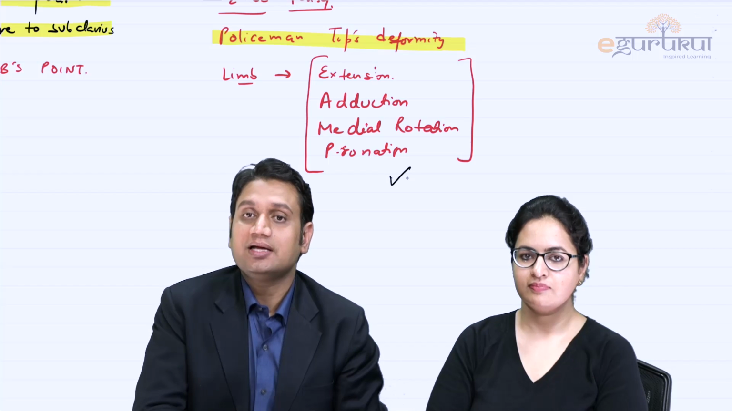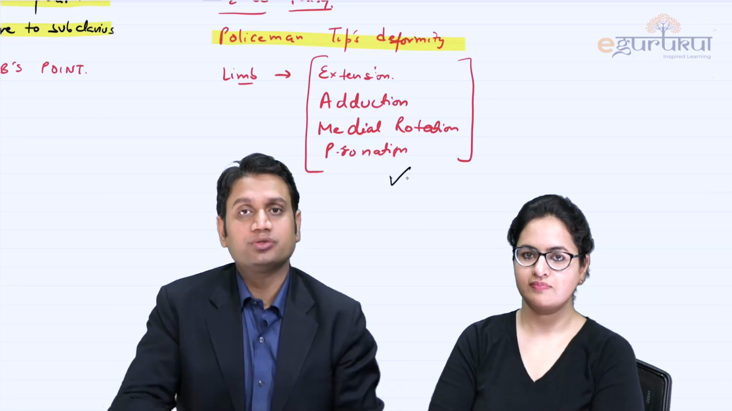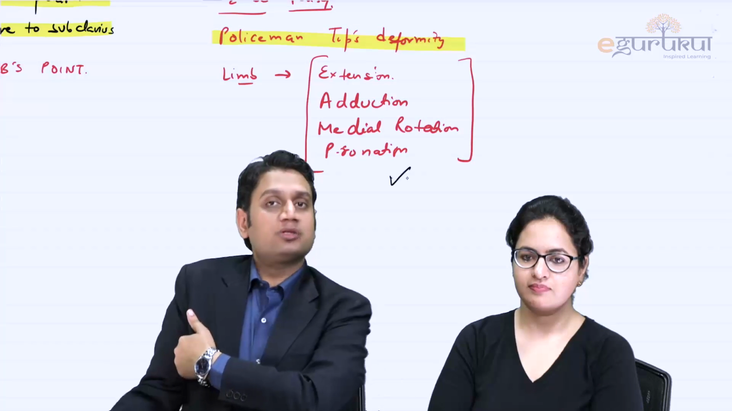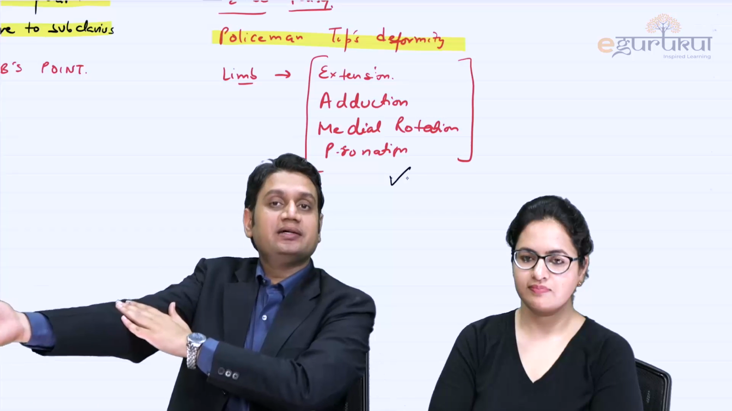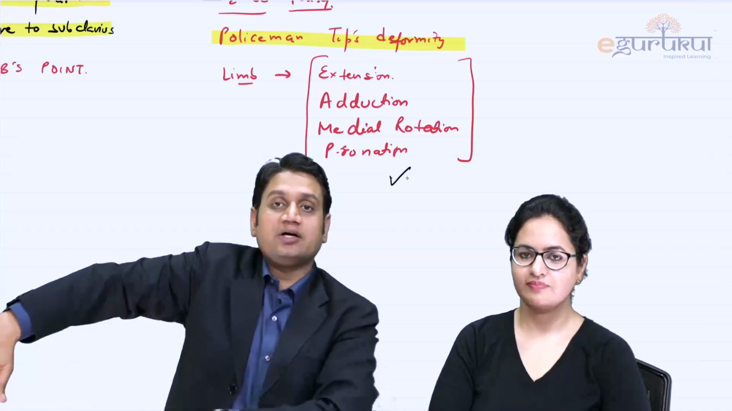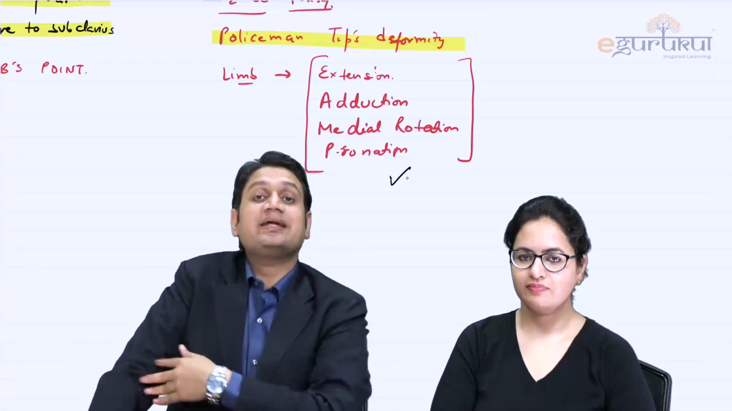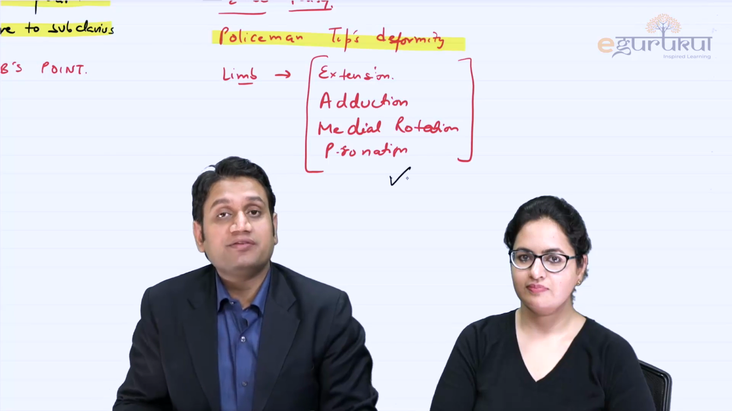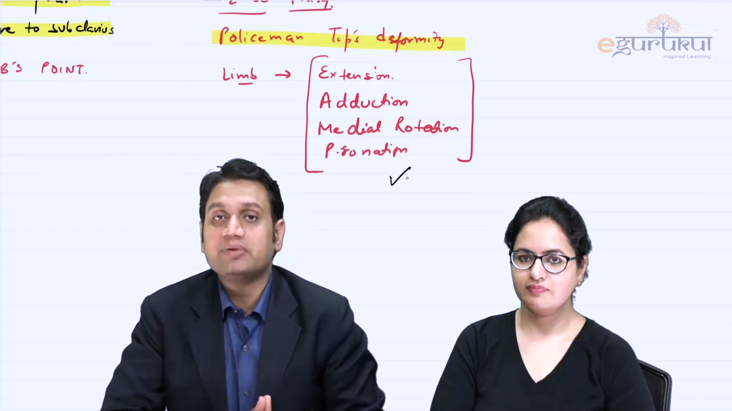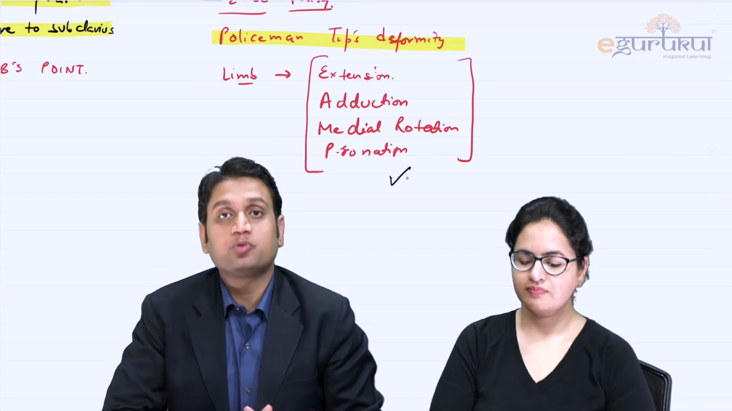That is extension, adduction, medial rotation, and pronation. How so? The arm will be adducted close to the body. Elbow will be extended, right? And the forearm is pronated now. So the whole upper limb is getting into internal rotation. Now if somebody asks you what is the attitude of the limb in Erb's palsy, it is policeman's tip